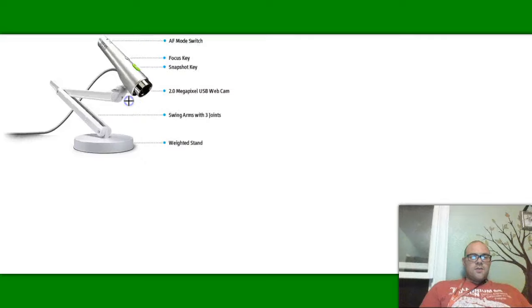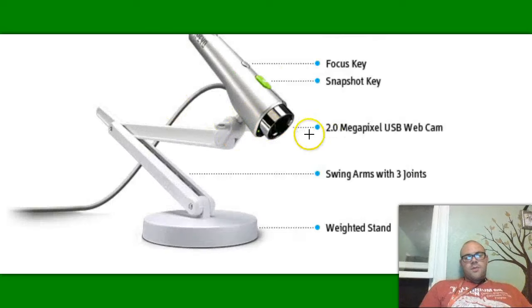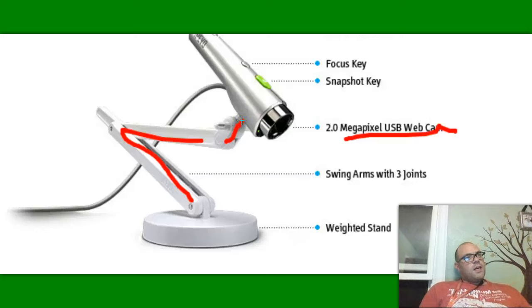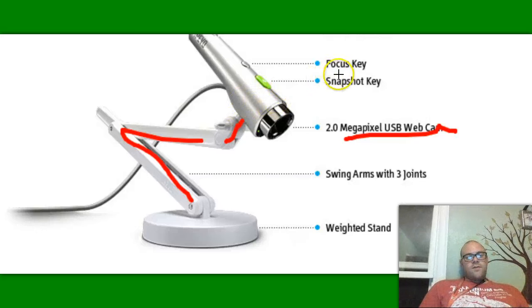The document camera is right here. This is an example of a document camera that I have in my classroom. It's just really a webcam that's put on a stand with 3 arms, so they can stretch it out over top of a document and record it. The document camera has many different features to it. On this one in particular, you have a focus key, a snapshot key, swinging arms with 3 joints,